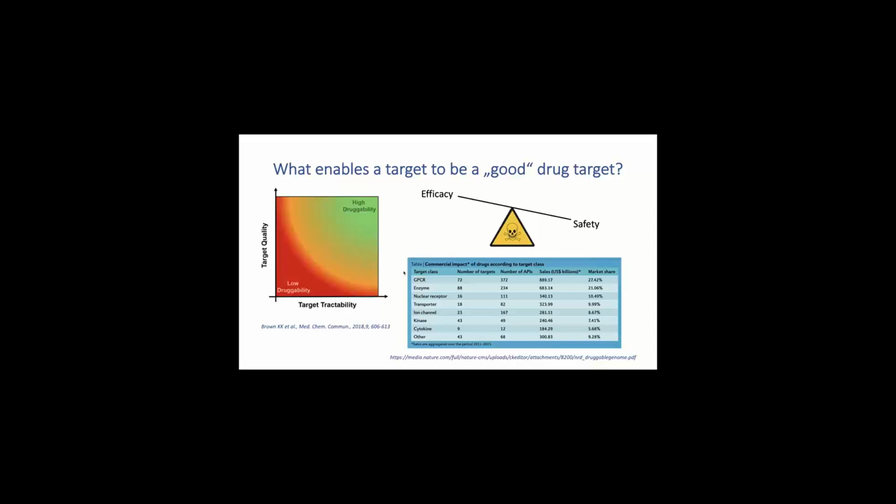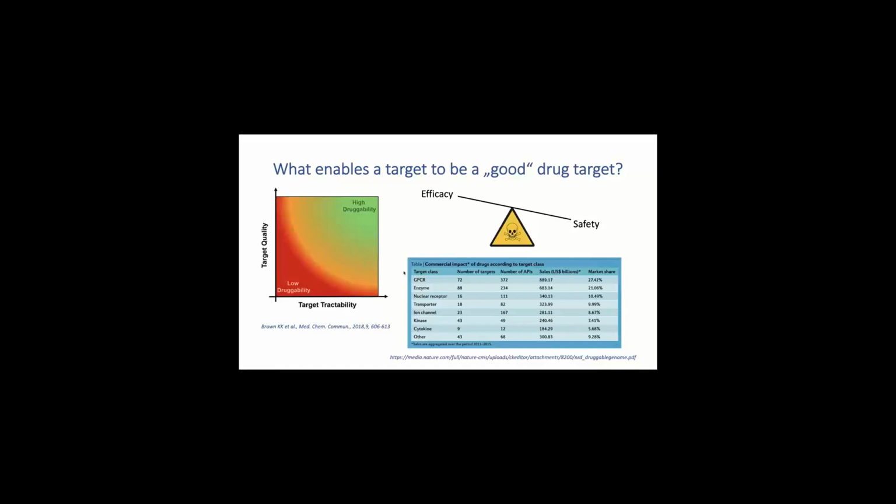And even more desired would be good druggability. That means the ability of a protein to bind a drug-like modulator, but also with a therapeutically useful affinity, efficacy, and safety. And of course, we always have to keep the balance between efficacy and safety. So safety considerations also have to be taken into account more systematically on the target level in the future, I think. But apart from these factors that we all know about, and you can read about them in the literature, and I've mentioned a very nice literature source here, I think there are other factors.